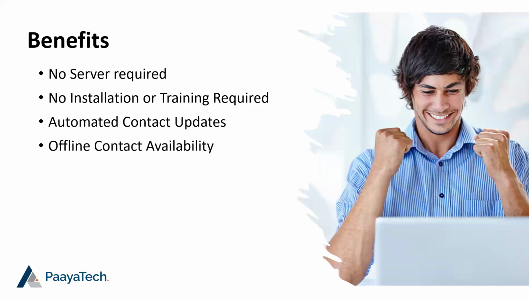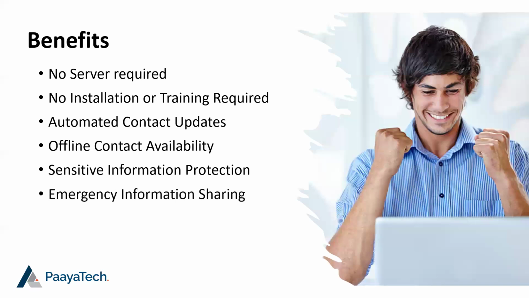Since contacts are pushed as native contacts to the phone, they remain accessible even if your phone is offline. An administrator can establish rules to remove sensitive information like home address or home phone number before pushing contacts to users. You can also, as an administrator, set up and share emergency information per contact for each user. And by pushing native contacts, phone built-in features such as Siri, Google Assistant, and Maps can be utilized, and caller ID also going to be